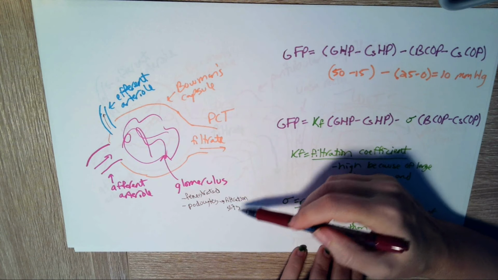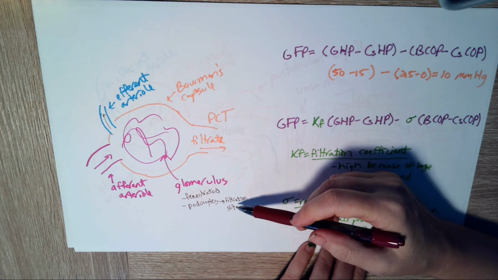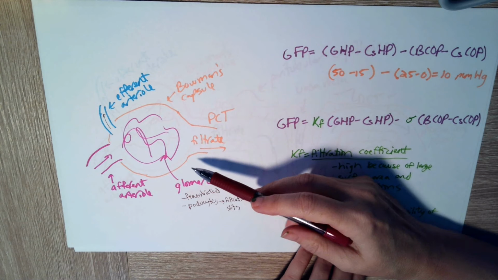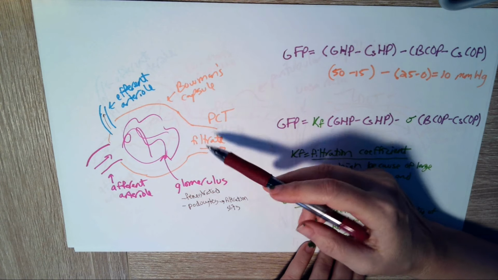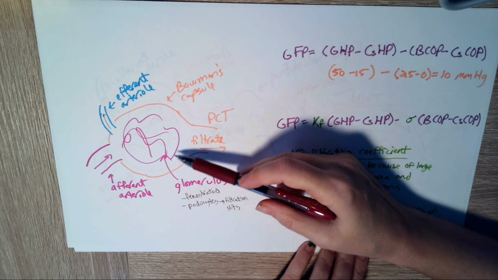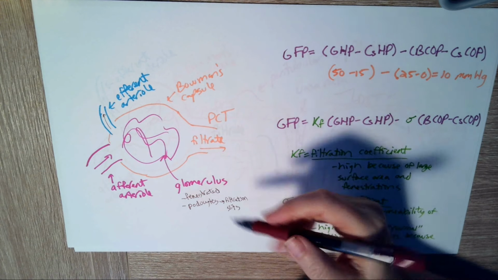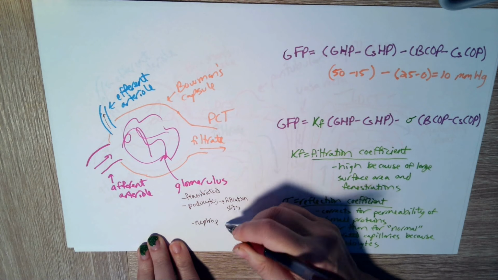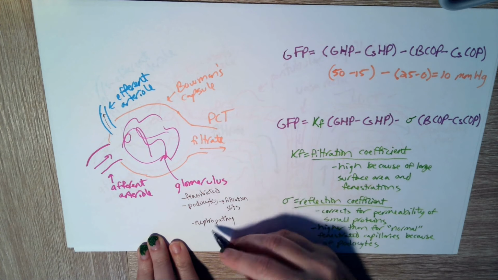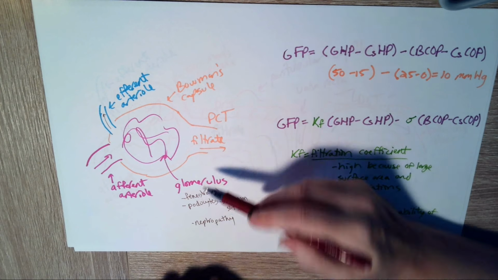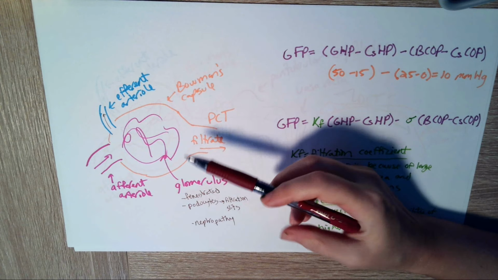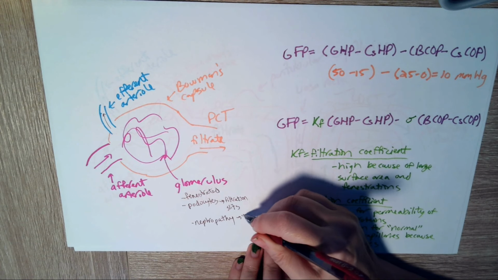And those filtration slits keep larger molecules like proteins and lipids in the blood away from the filtrate so that we don't urinate those away. If these filtration slits are damaged, if you look at the slide about nephropathy, which literally means just pathology of a nephron, if you damage those podocytes, damage those filtration slits, and they get big, so what we would call a leaky